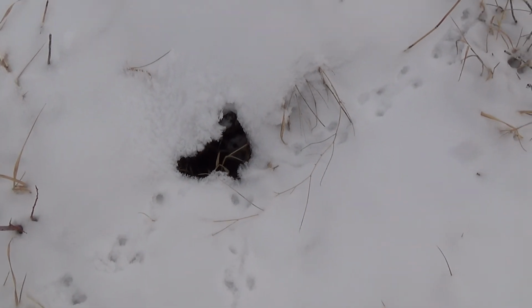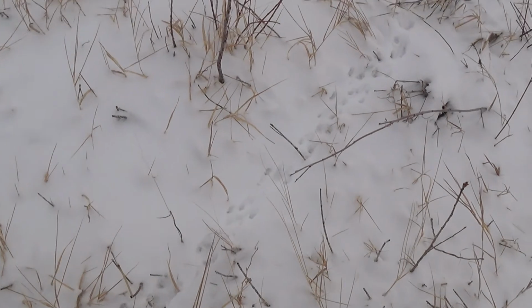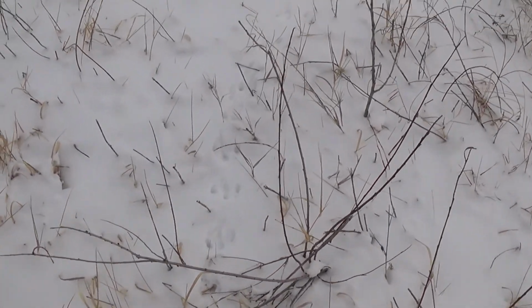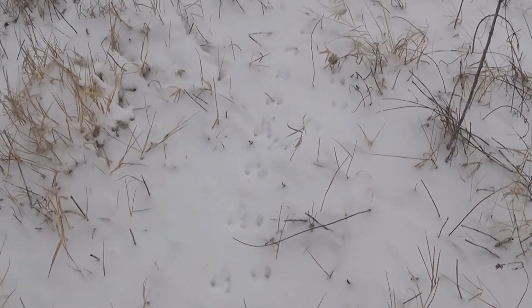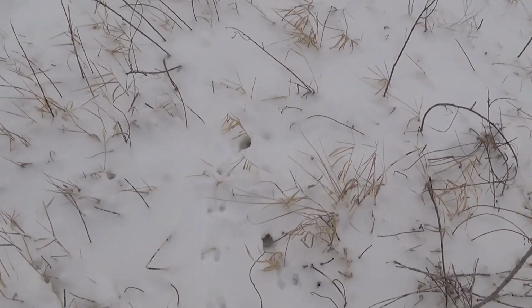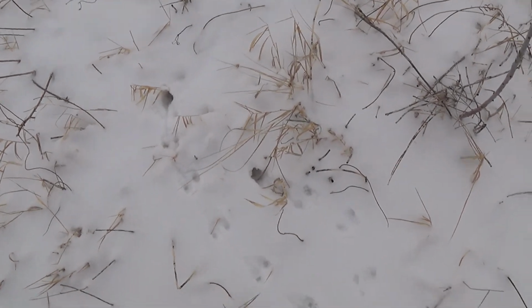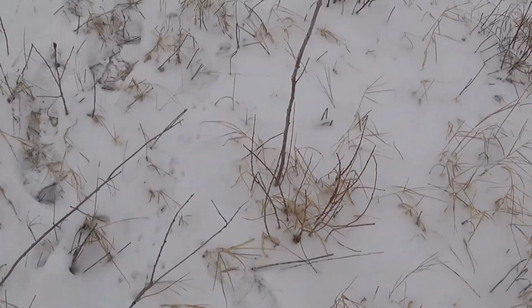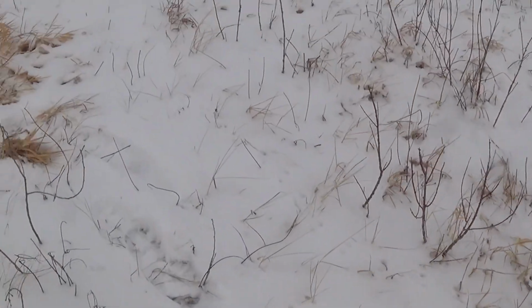The subnivean zone is the area below the snow, but he comes out, and the reason he comes out is because he eats seeds of various sorts. And we'll just follow his path here and see if we can find... No, there's a... He goes into a hole there. I don't know if we're going to find any of the places where he's been eating seeds, but